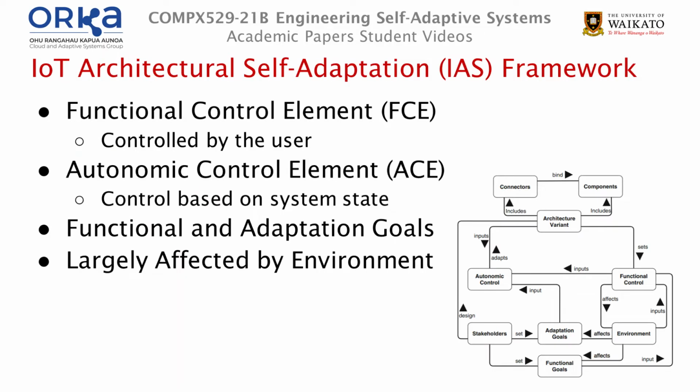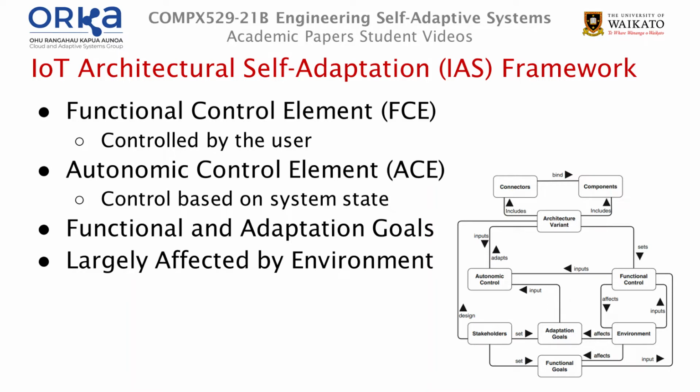The IAS framework consists of functional and autonomic control elements. Functional control elements are controlled by the functional goals of the system. This can be what actuators need to be turned on or off, or how much current can flow through the system. Autonomic control elements are based on the adaptation goals of the system, which can be resource usage of the system. These are largely affected by the environment, such as when a natural disaster occurs and the response time needs